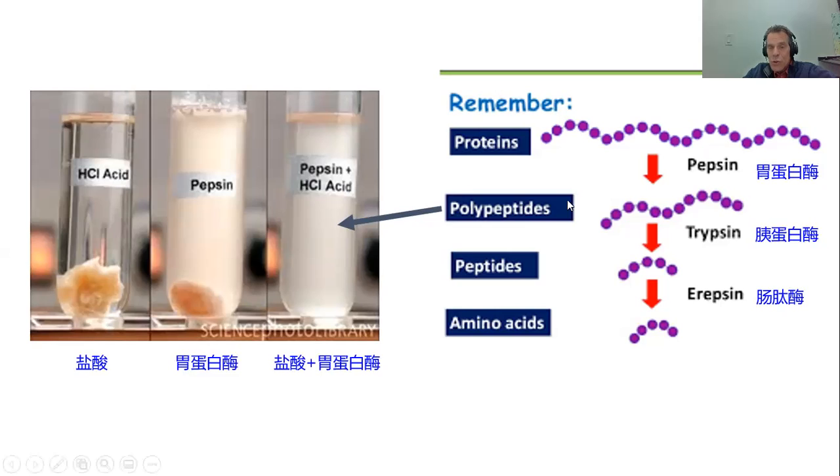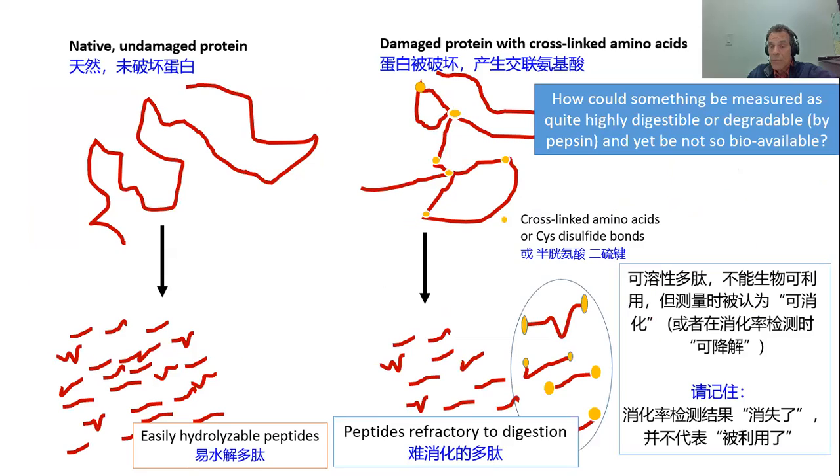Remember, when you're measuring pepsin digestibility, you're not hydrolyzing things to individual amino acids. You're hydrolyzing things to polypeptides that are small enough to go through a filter paper, but not hydrolyzing them to small peptides or individual amino acids. So the polypeptides that are resistant to digestion may be measured as digestible according to pepsin digestibility, but may not be fully digestible and bioavailable as amino acids. So it's an artifact of this. In general, I do not trust pepsin digestibility all that much to assess the quality of protein because of this type of artifact.